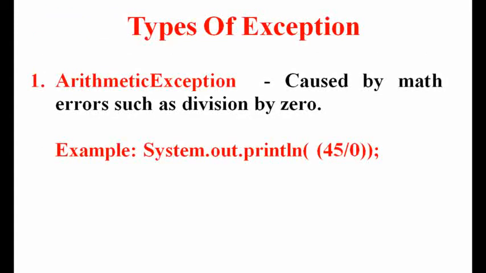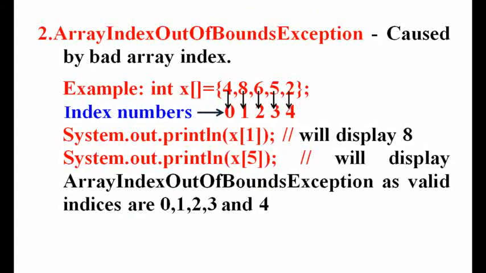Now let us see the different types of exceptions in Java. The first one is arithmetic exception. It is caused by math errors such as division by 0. For example, System.out.println 45, which is an integer divided by 0, will give an error which is runtime. Any number divided by 0 will give you runtime error only. The second runtime error is